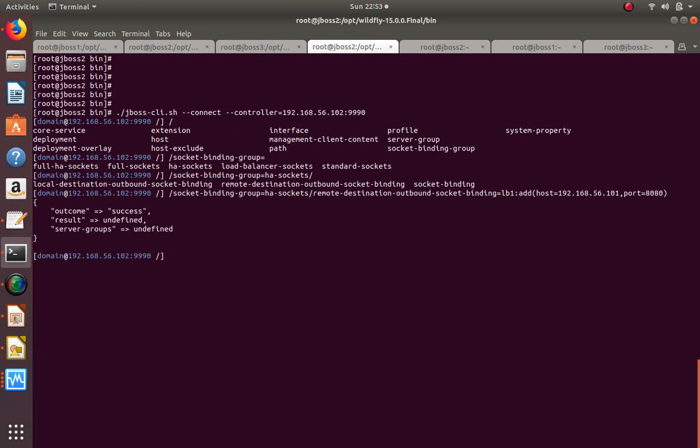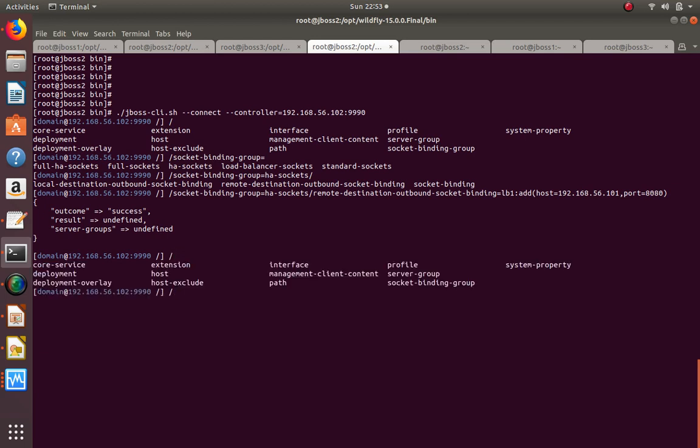There is one more inside the mod cluster. Make sure of the subsystem. Before going to the subsystem, first, which profile does it exactly exist in? So we have to execute this second step in the HA profile. We first go to the HA profile, then the subsystem, then the mod cluster exactly. So mod cluster proxy is equal to default,